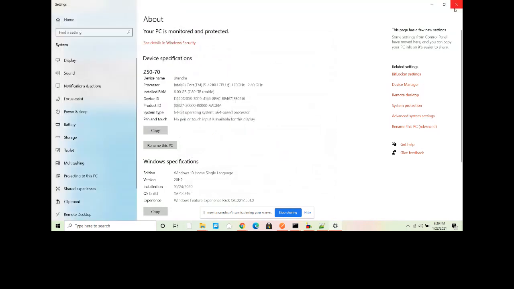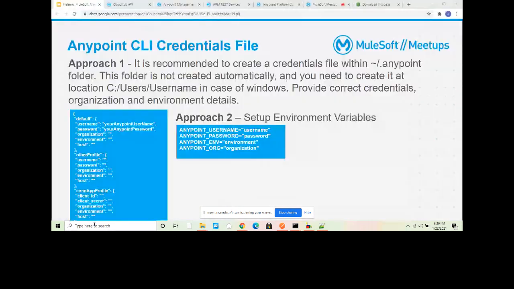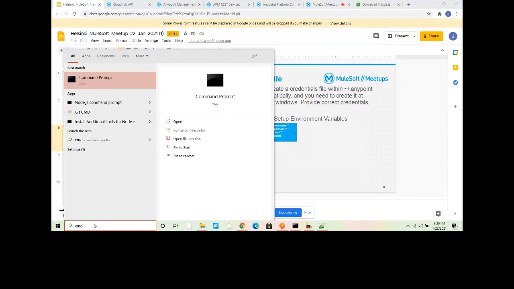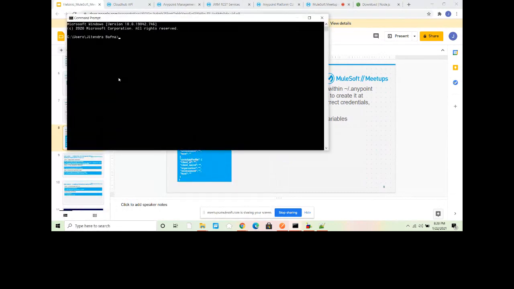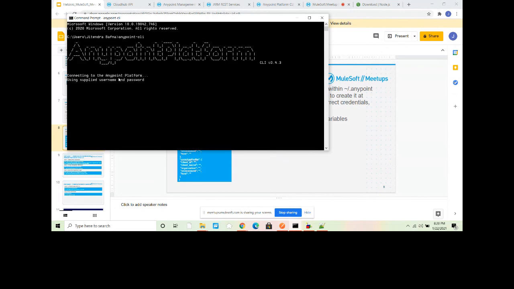Okay, now let me go to cmd. The first command I will run is anypoint-cli. This is the command to start your Anypoint CLI. It is trying to connect to Anypoint Platform, so it will read the username and password from your environment variables.